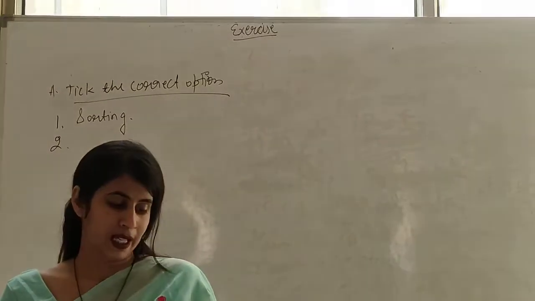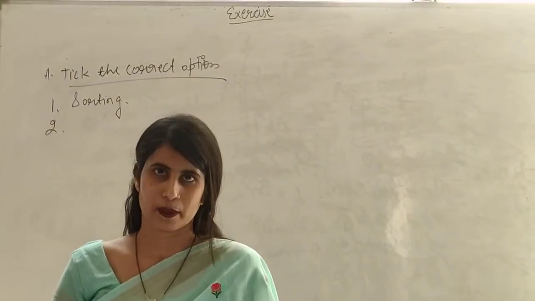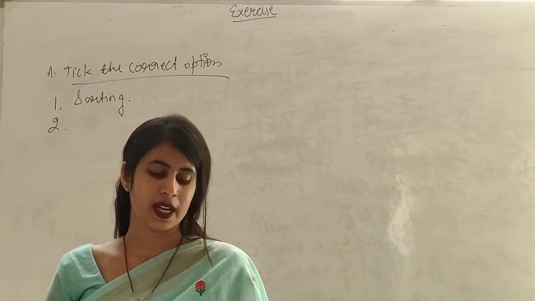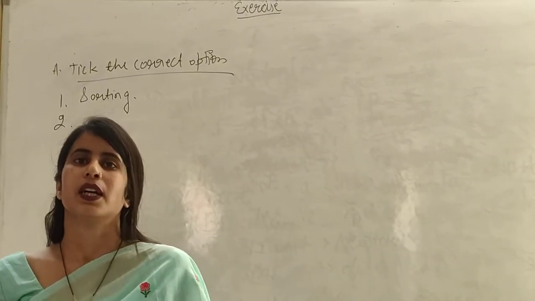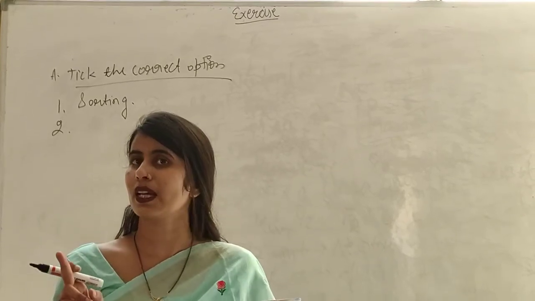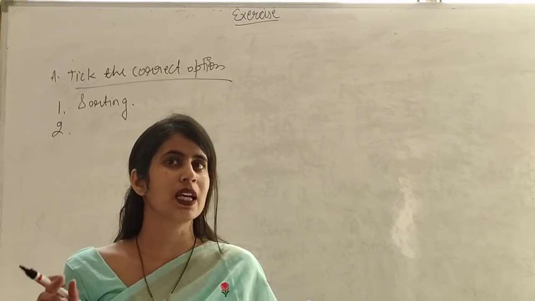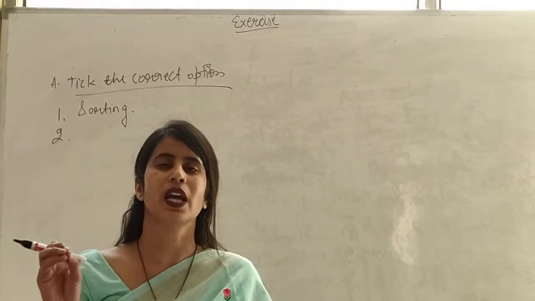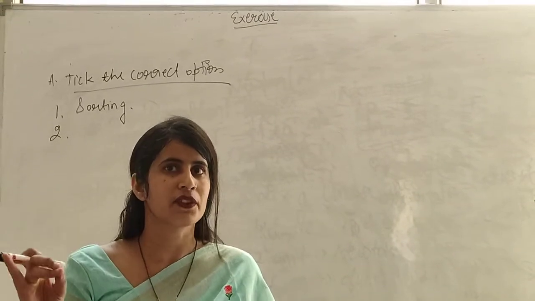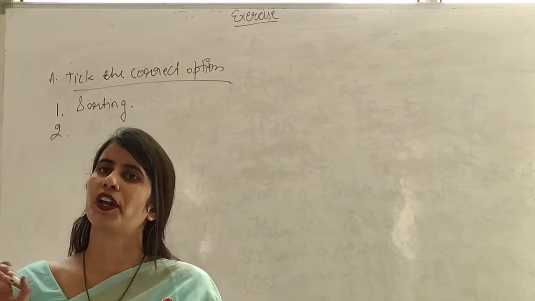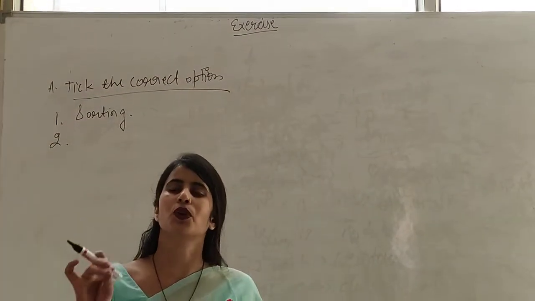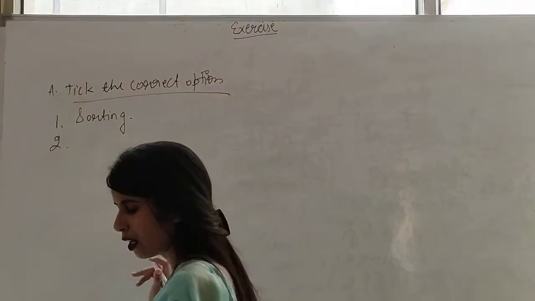Second one, blank, is a unique field in table. Options are primary key, composite key, secondary key and none of these. We know that in our table we consider one field as a unique field and that is known as primary key. What is primary key? It does not match with anyone. When we have to find any record, we retrieve the information from that record according to the primary key. With the help of the primary key we are able to do it because it does not match with anyone. So the answer will be primary key.